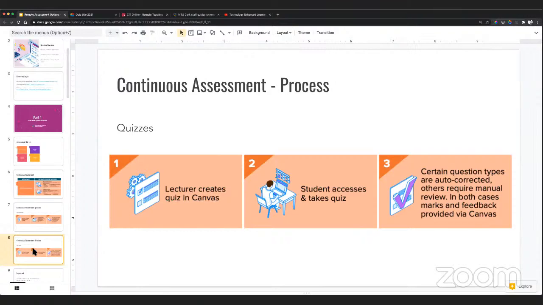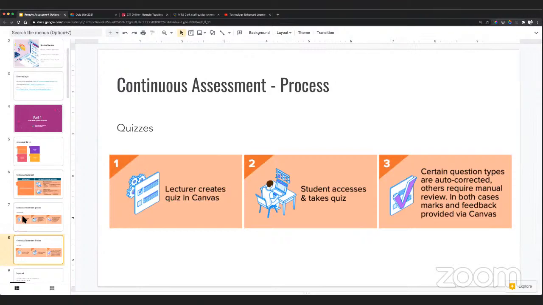The real benefit of quizzes that I mentioned is that you get to have that automation aspect in your quiz, but also, I suppose, you just save yourself a lot of time in terms of correcting if you have a mixture of different question types as well. Some require manual review, and it would be recommended that you would have some that would require manual review in terms of just